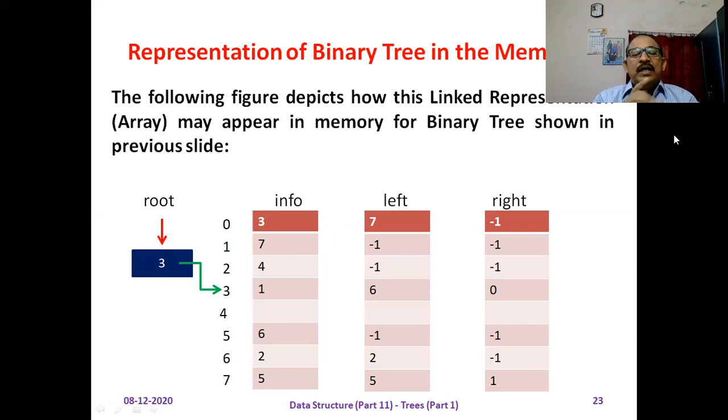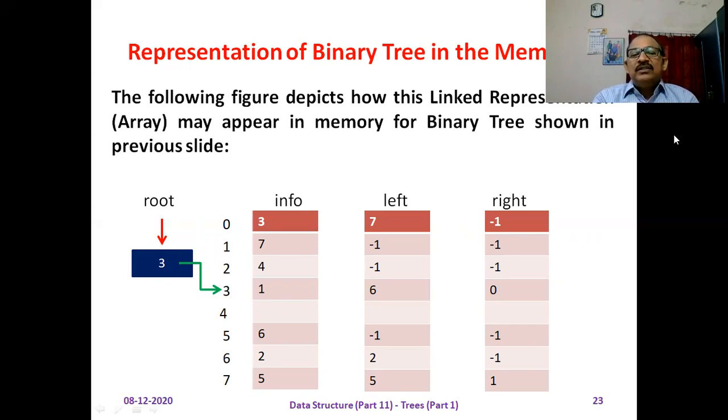Okay. Next, what is the left child of the root and what is the right child of the root? Left 3 gives the left child and right 3 gives the location of the right child in the info array. So the left child of node 1 is placed at location left 3.